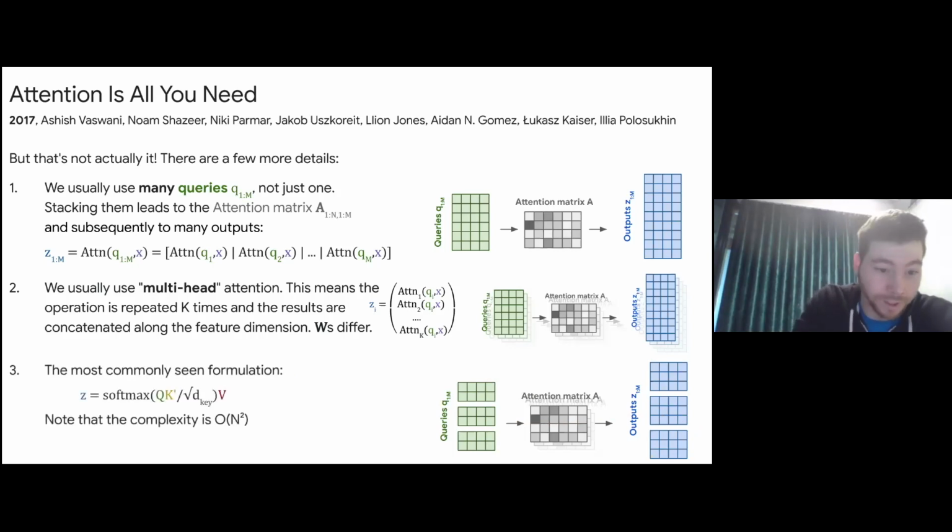And so taking all of this together, this is the formulation. It can be written down very succinctly: queries times keys to get this attention matrix. This is scaled by some factor for practical purposes, makes everything work better. It doesn't really matter. And then sent through the softmax. And then this softmax gives us the attention matrix, which we multiply with all the values. And so we get back the outputs. So this is the whole attention mechanism in a nutshell.